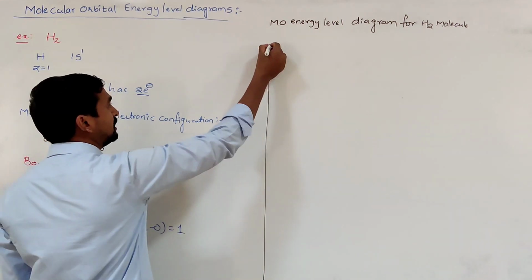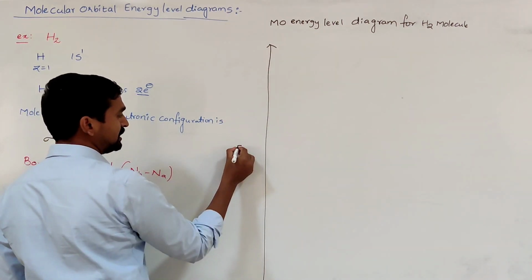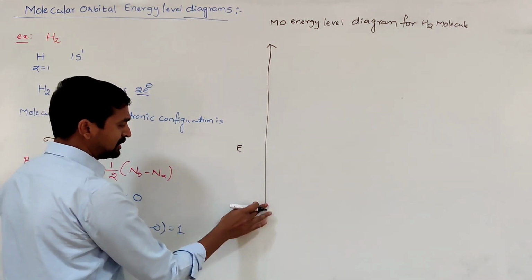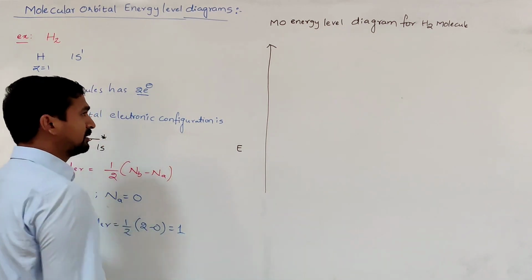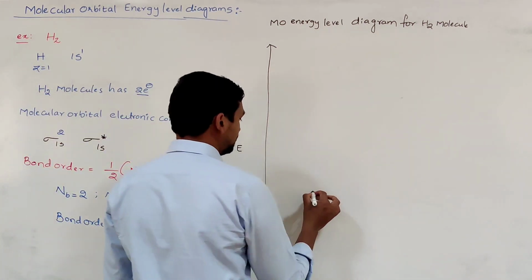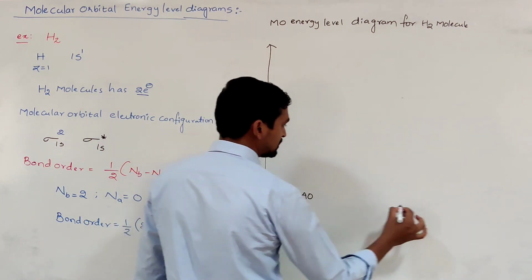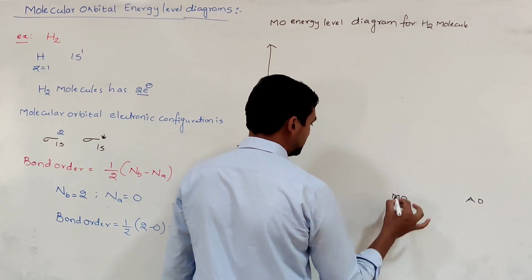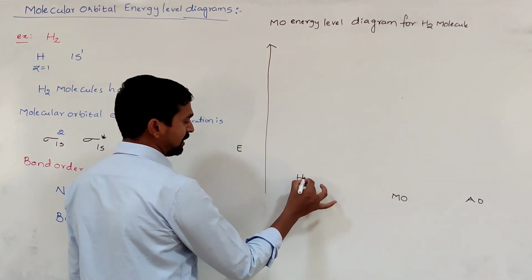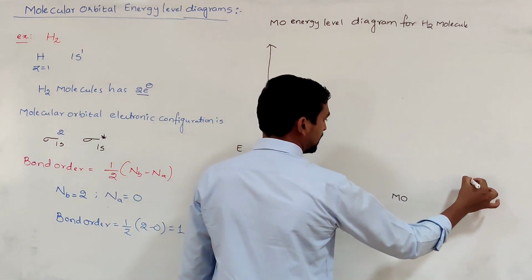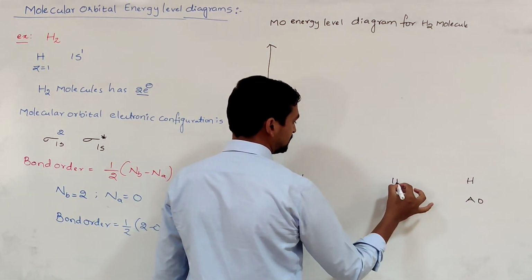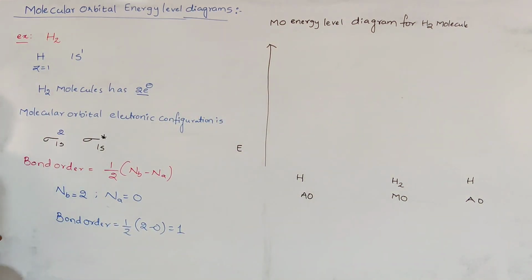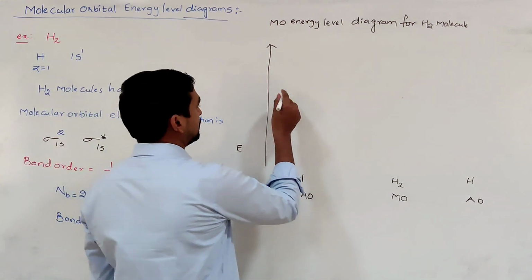This represents that as we move upwards, the energy increases. It's fine. So here hydrogen is very simple, only the two are there. Now the hydrogen atomic orbitals, and in the middle the molecular orbitals are there. Atomic orbitals of hydrogen and atomic orbitals of hydrogen combine together to form molecular orbitals. Right. Only sigma 1s and sigma star 1s are there. So I'll draw this diagram.